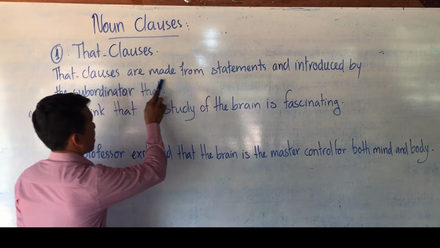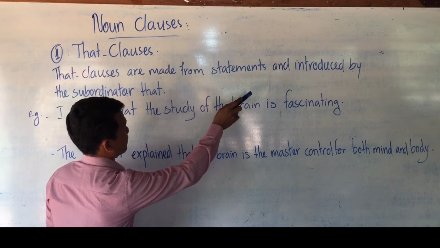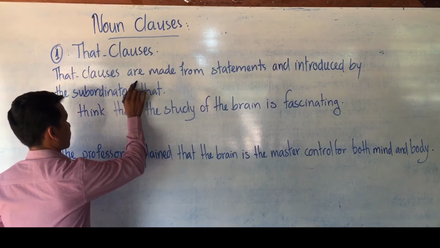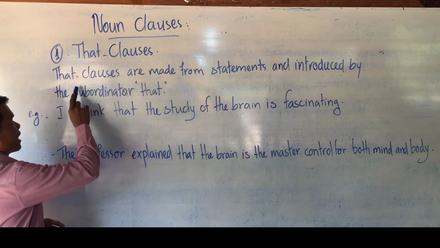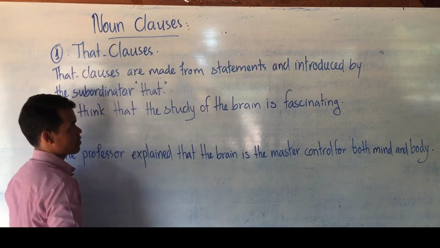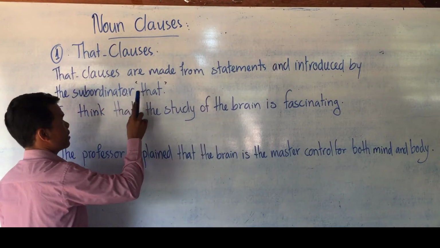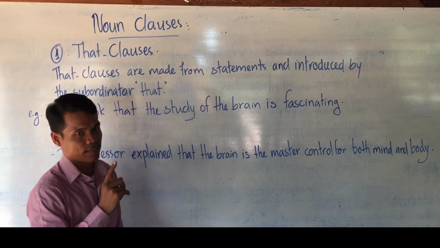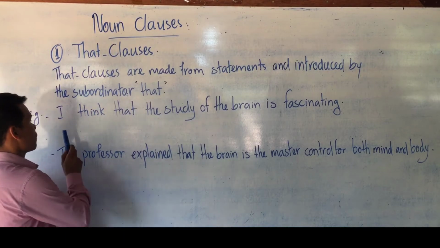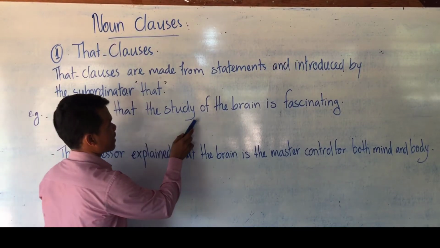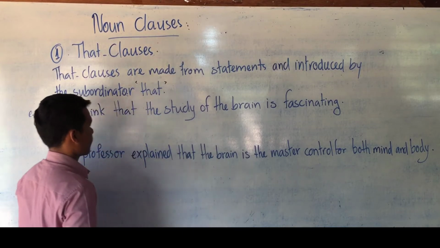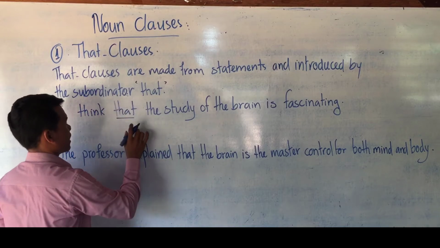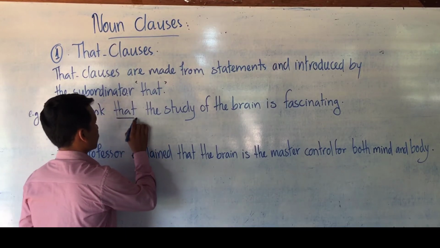That clauses are made from statements and introduced by the subordinator that. Okay, so you know clearly that clauses are made from statements and introduced by the subordinator that. So in that clause, the subordinator is only one, that. Example: I think that the study of the brain is fascinating. Okay, where is the noun clause? That is the clause marker or subordinator. So from that